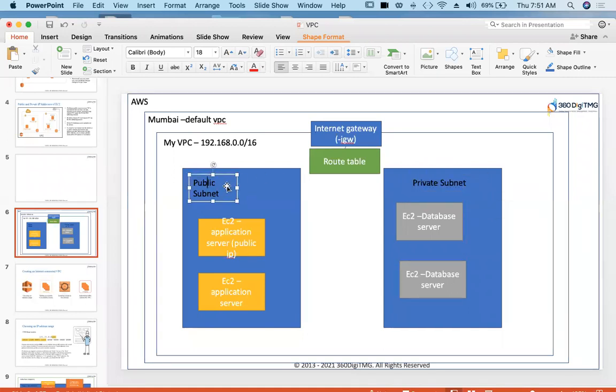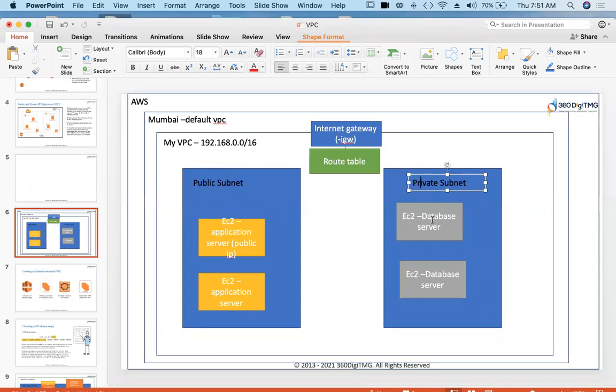Two use cases here. One use case is these are my application servers or front-end servers. My application is running here on these EC2 instances. All the traffic coming from the outside internet goes through this internet gateway, and I also added a rule in this route table. So through this route table, it comes to our EC2 instances. And these EC2 instances, which are application servers, can also send response back using route table and internet gateway.